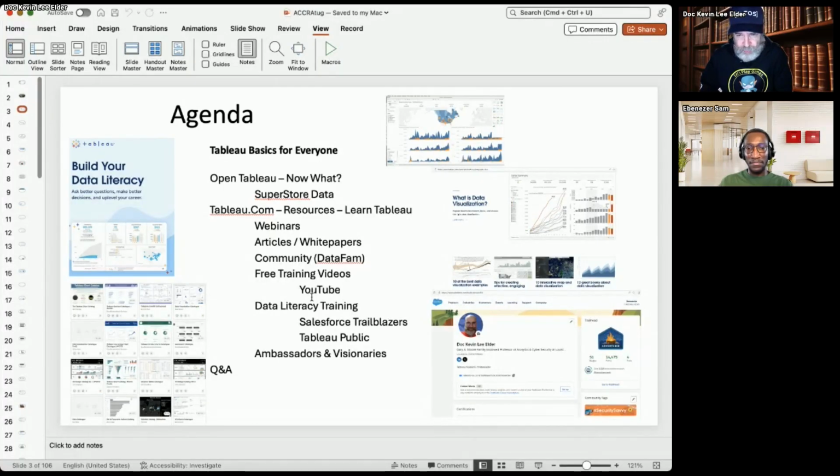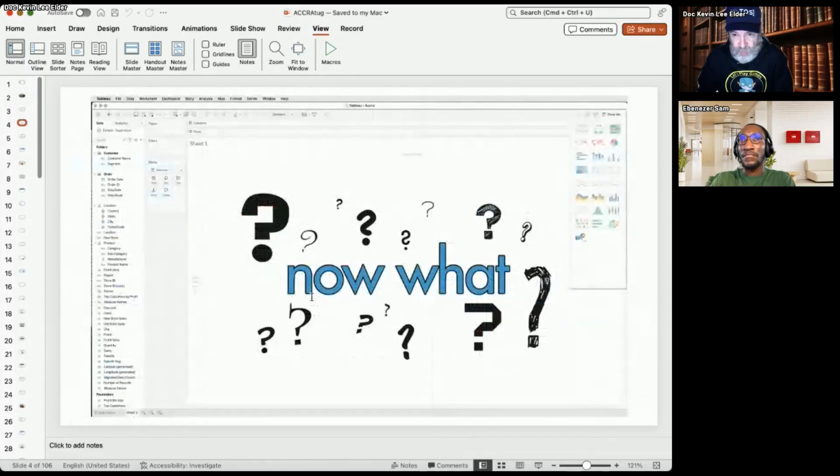And Salesforce has a wonderful training environment called Trailblazers. And only in about the last year has it really gotten up to speed with all the Tableau. So if you looked at Trailblazers a few years ago, for Tableau, there was almost nothing there. Now, if you go to the Trailblazer site and look at Tableau, there's a lot there. I use Tableau Public with my students at the university, and Tableau Public is one of the greatest learning environments to ever exist. And so we will take a look at Tableau Public. And then, of course, there are the Tableau ambassadors and visionaries, and so much you can learn from them.